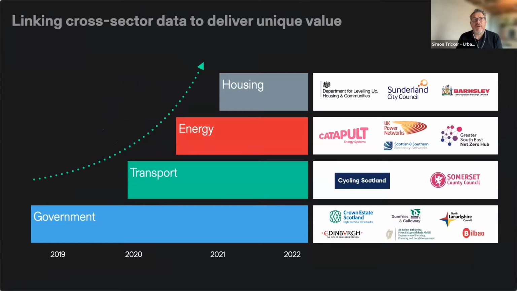We've been around since 2014. We've focused on a number of different sectors. Initially, we focused on the public sector space, really working in the smart city space, trying to link lots of different cross-sector data together to open up as much as we can, and then also starting to link that. We've then moved into transport and energy spaces because they've got lots of interesting real-time data, and we work with a number of partners on utilizing IoT data. That's led into the housing space as these things start to converge, especially into the built environment, as that's obviously a big contributor to some of the sustainability challenges that we face.